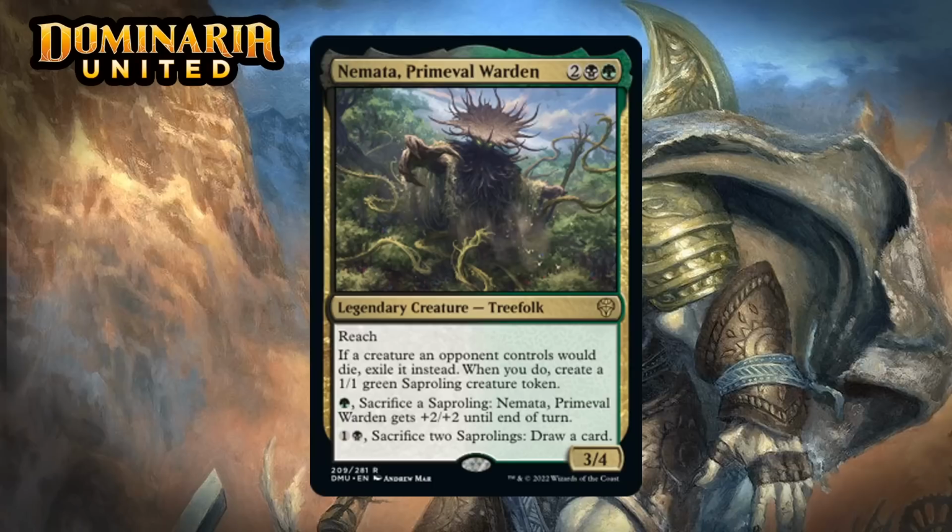Whenever you do, create a 1/1 green Saproling creature token. You can also pay 1 green and sacrifice a Saproling, and Nammed, Primeval Warden gets +2/+2 until end of turn, or you can pay 1 generic and a black and sacrifice 2 Saprolings to draw a card. So the original Nammed was one of my favorite cards from the original Invasion block, so it's fun to see